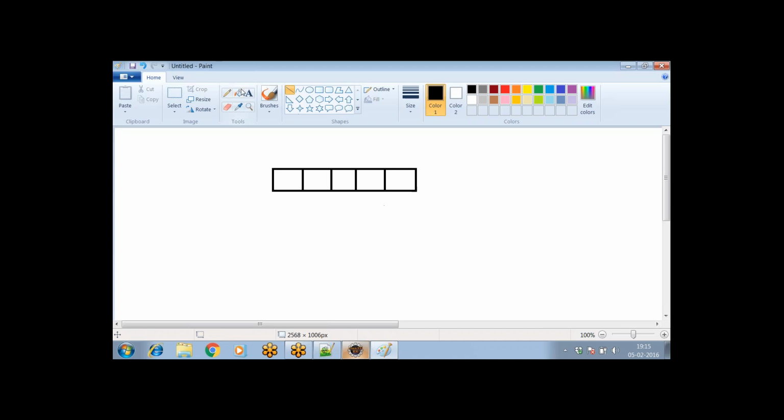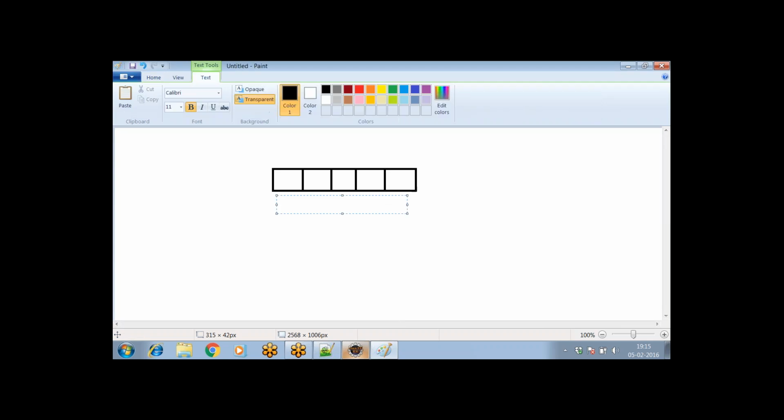It is divided into 5 parts. And you see, each part is called a cell. The index starts with 0. Cell 0,